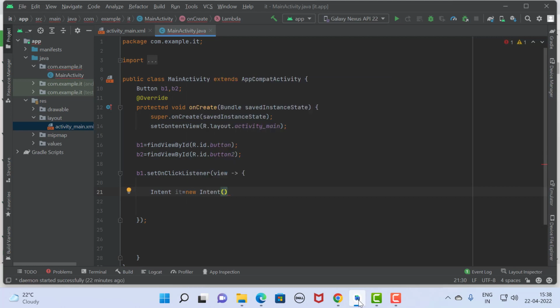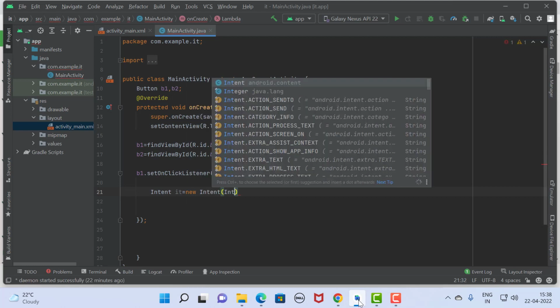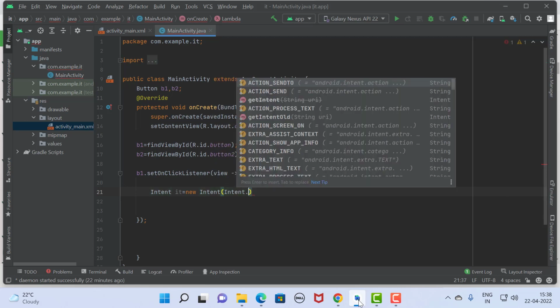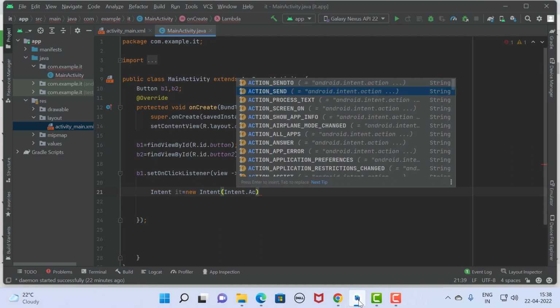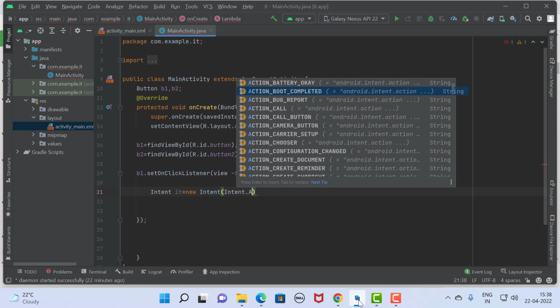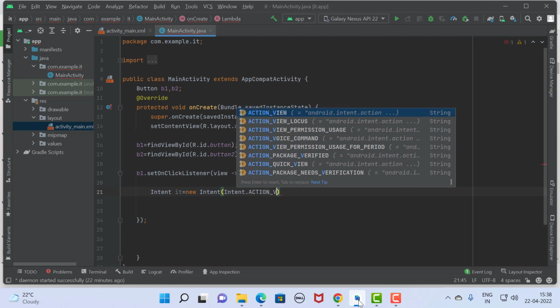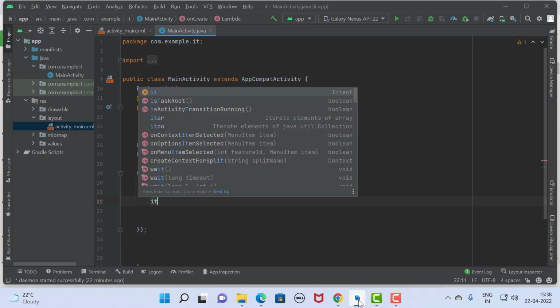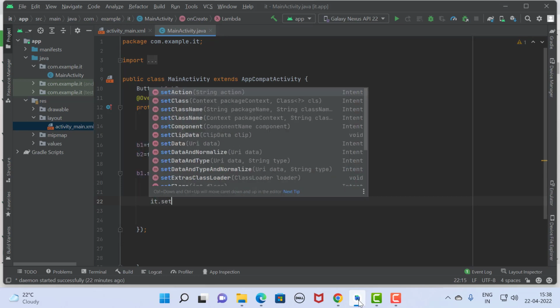Here we need to mention Intent.ACTION_VIEW. Then using this intent it dot setData,